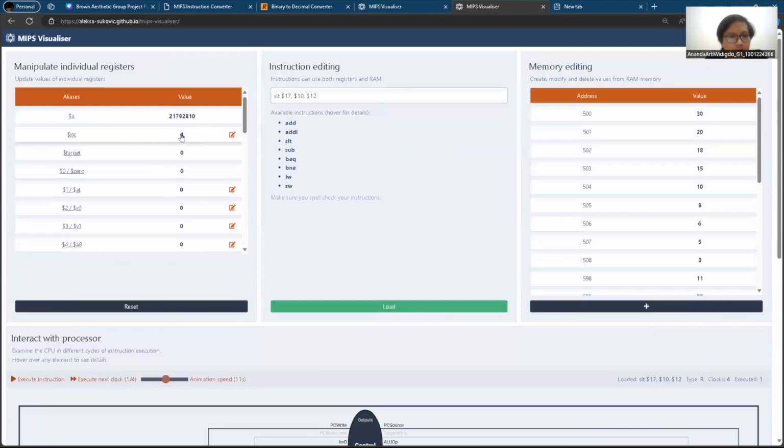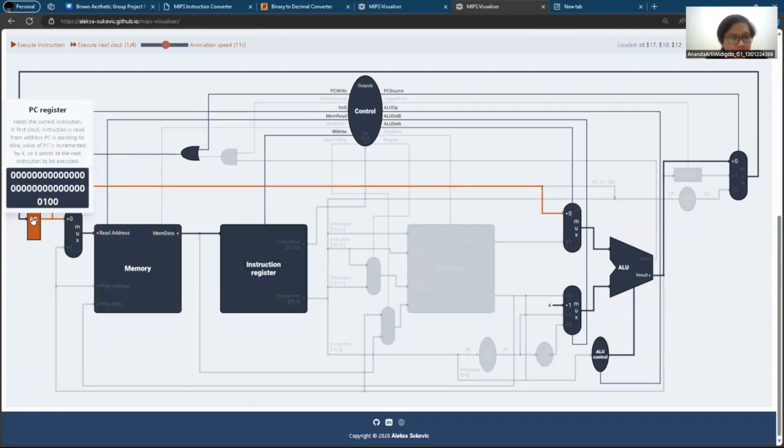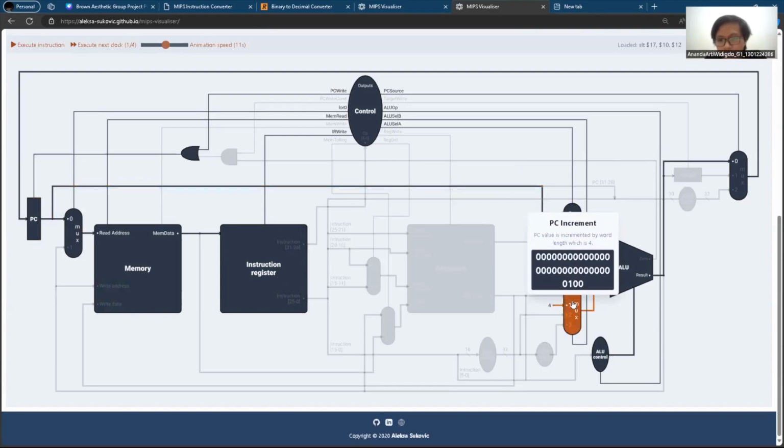And the value for PC, or program counter, is 4. It is because of this step. So from PC, at first it is 0, right? So it goes to the MUX here, where it will be added by 4 from this MUX, which has an immediate value of 4, I think.